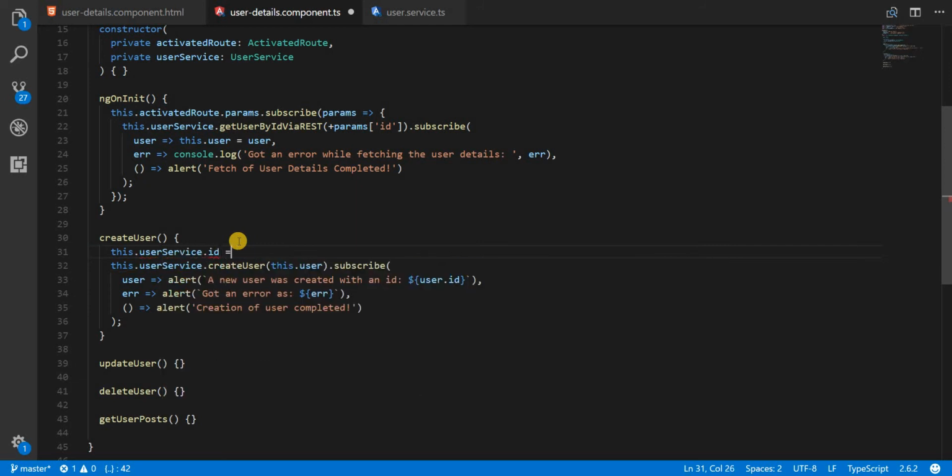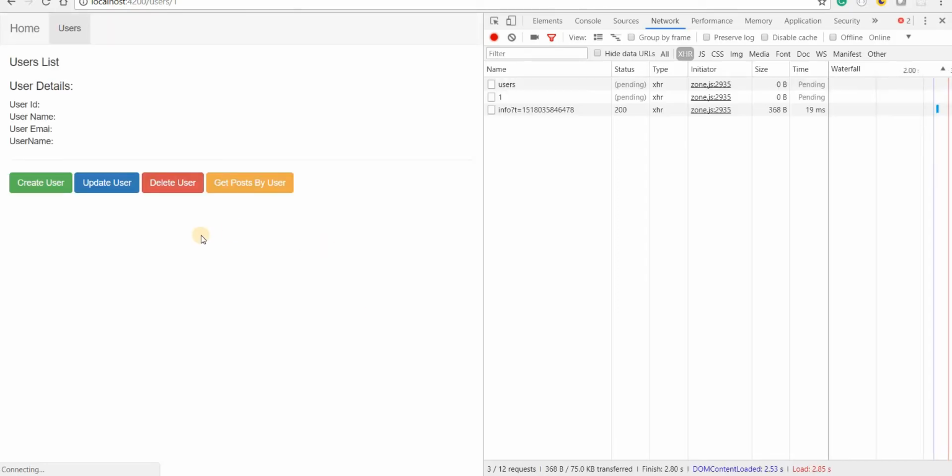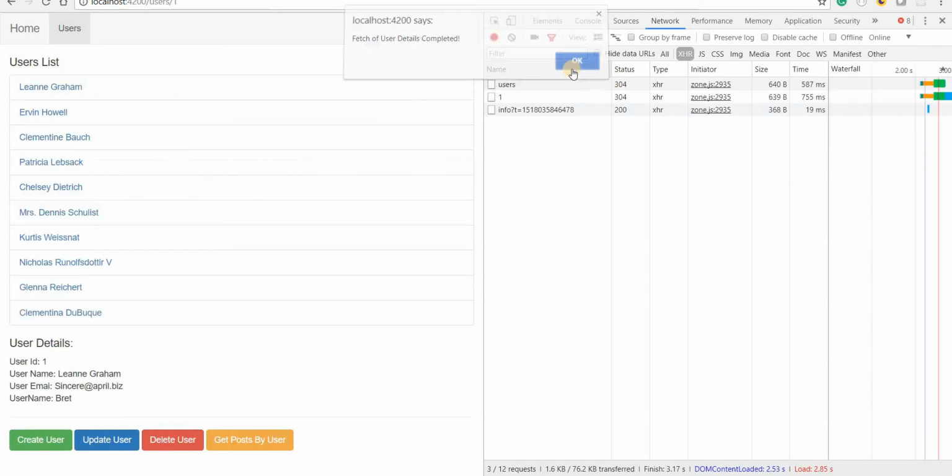so that we don't really get an error. Okay, we did get an error, and that's why this method was called, the second callback function to it. Okay, and that's what alerted the got an error thing to us. Now this dot user dot id equal to null, that is something I'll specify, and then if I save this now and go back to the application to create it,